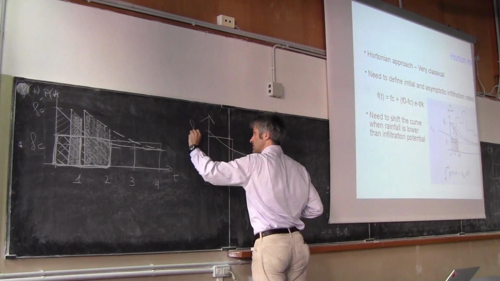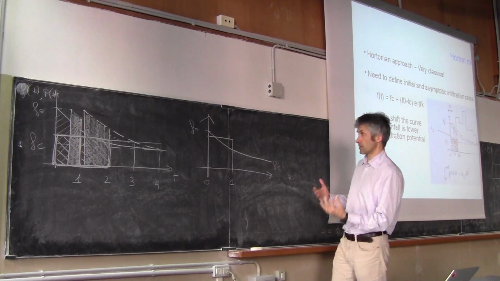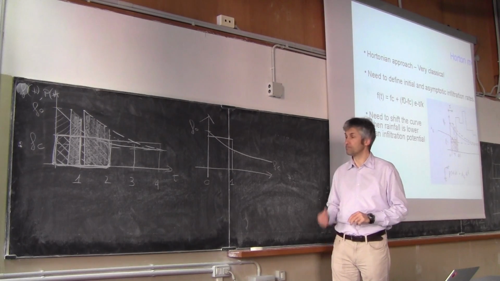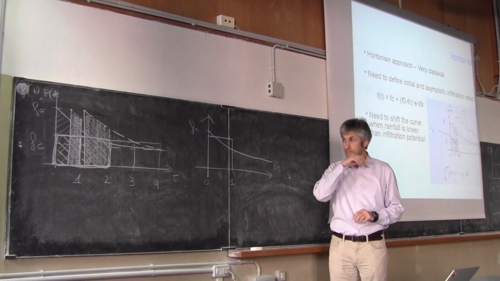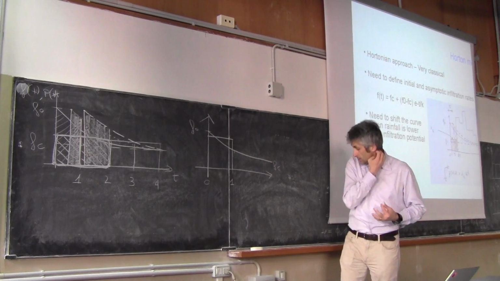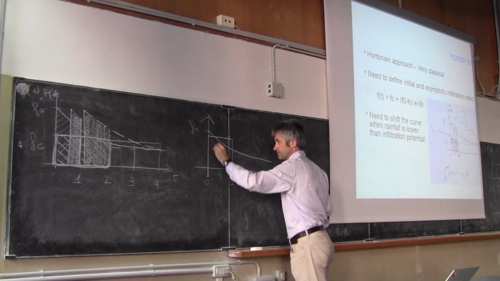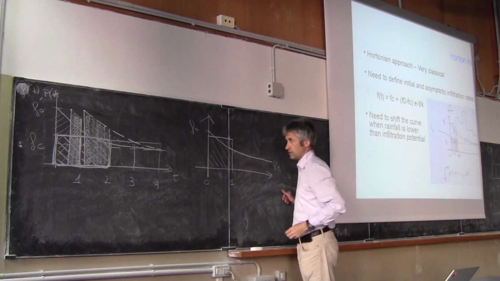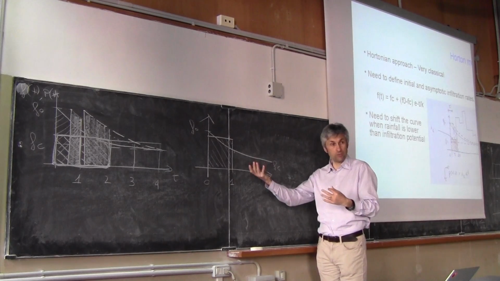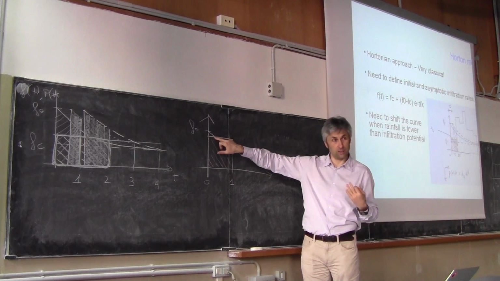So this is Fz, this is Fz. It's not clear what to do. Because, you know, if you assume that all this area infiltrates, you are not sure about that. It could be that all this area infiltrates, but you are not sure,